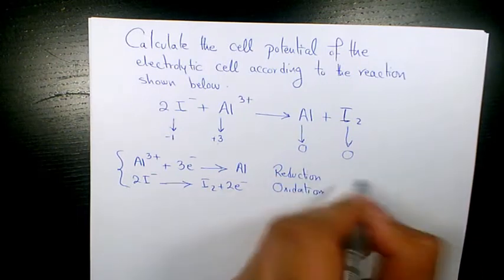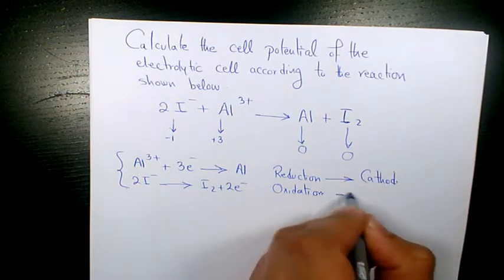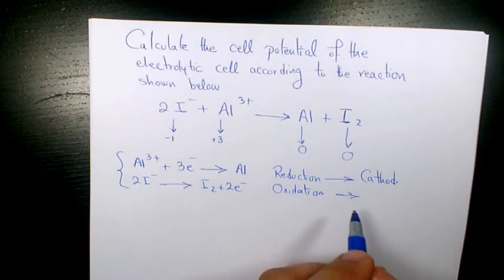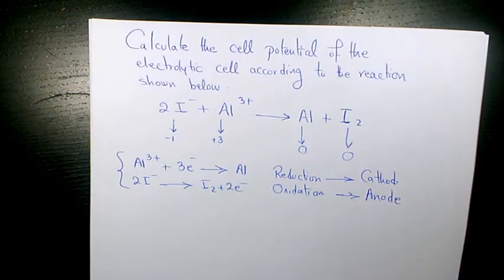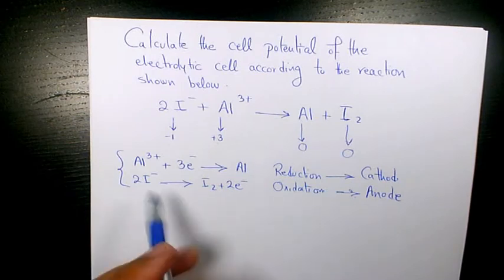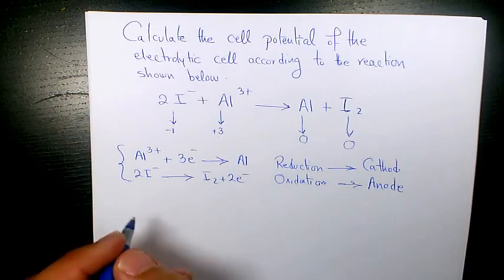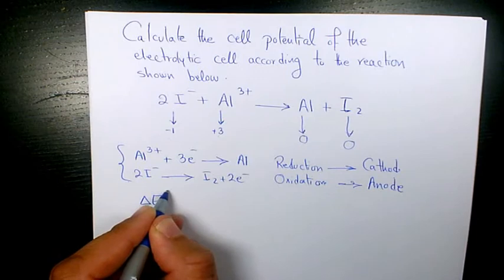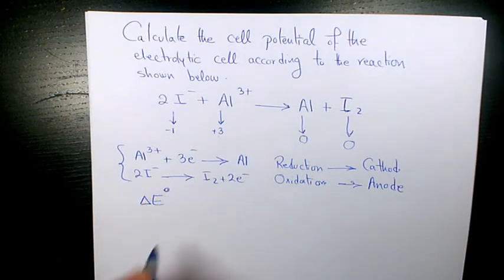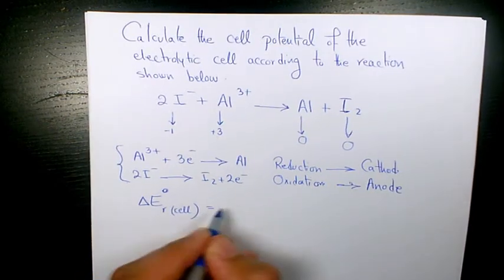Where reduction happens, we call it cathode. And where oxidation happens, we call it anode. So now we want to find out the cell potential. The standard cell potential is ΔE. We put the degree sign here to show it's standard. It means that at 25 degrees. So equals to